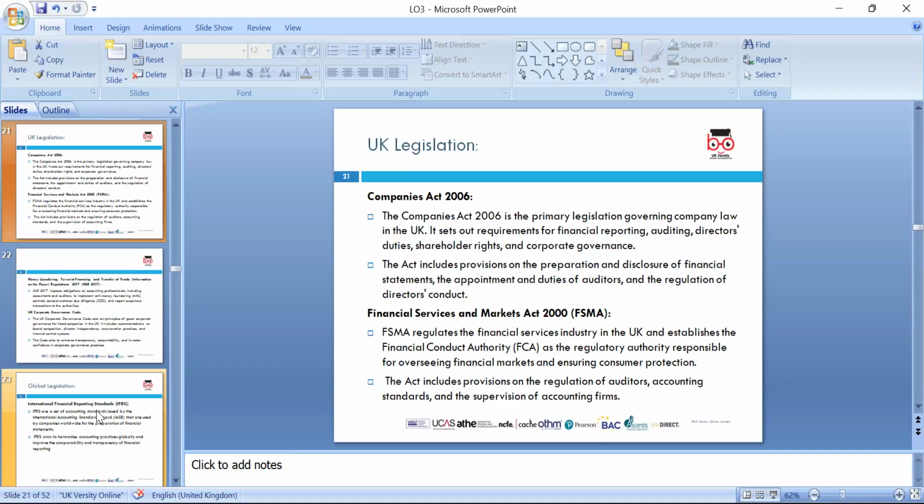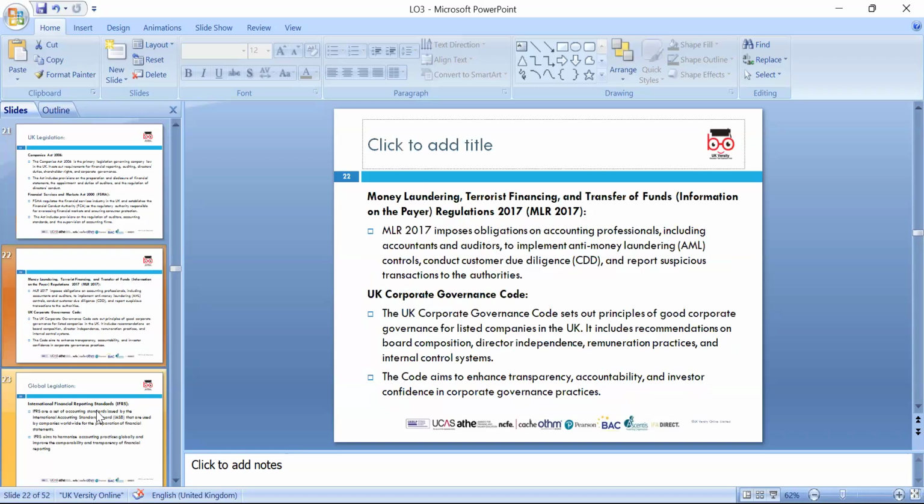And we have the Financial Services and Markets Act 2000. If we don't follow FCA, Financial Conduct Authority regulation, there are auditors and accountants standards and supervision of the firms. As we mentioned earlier, we have money laundering, terrorist financing, AML, annual monitoring, which is 2017. We have customer due diligence, CDD, and we need to look at the